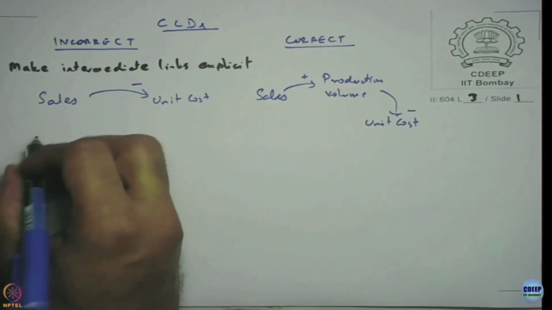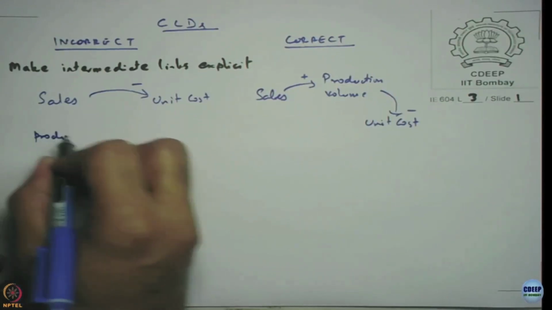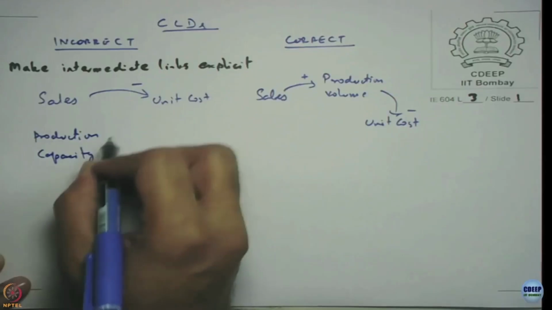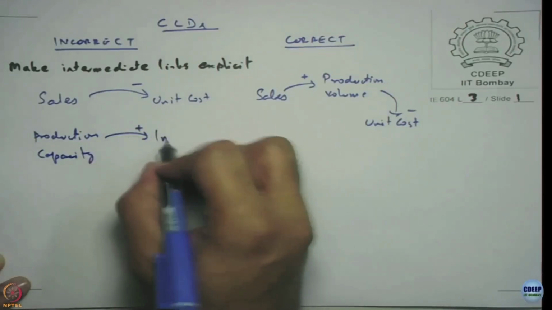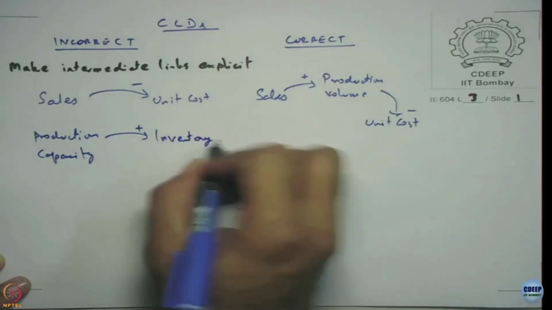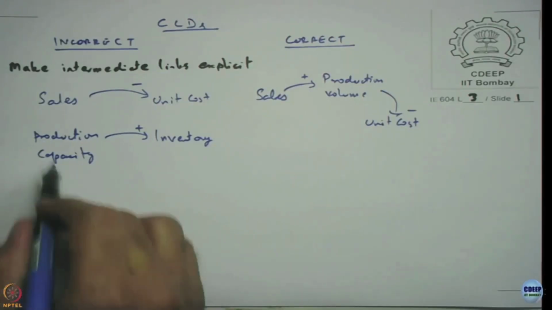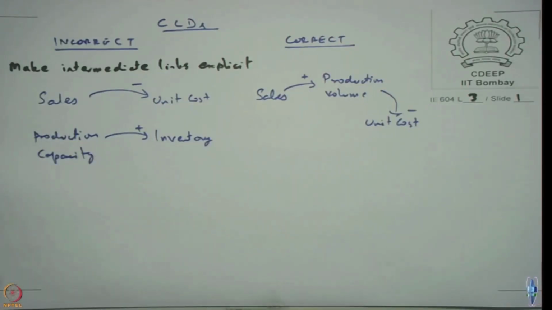Or for example, if you want to say production capacity can lead to increased inventory. So, we have large capacity, so we end up having a lot of inventory. These are some of the phrases which managers tend to use. We have large capacity with us, so we ended up making a lot of products and we are storing a lot of inventory. But instead of capturing it like this, when capacity is more, we are having a lot of inventory, we can actually say